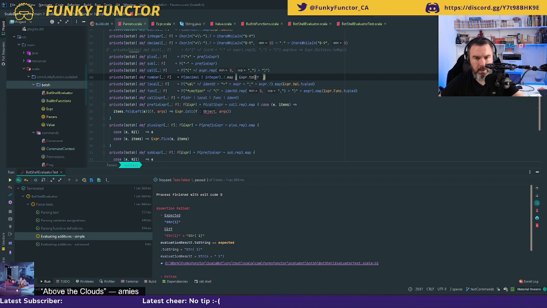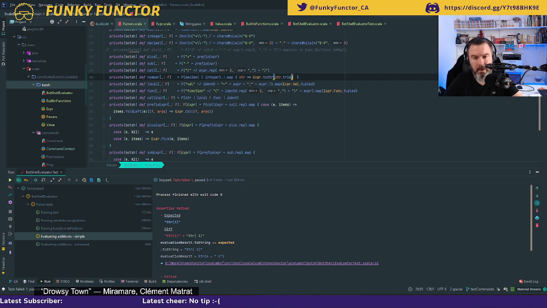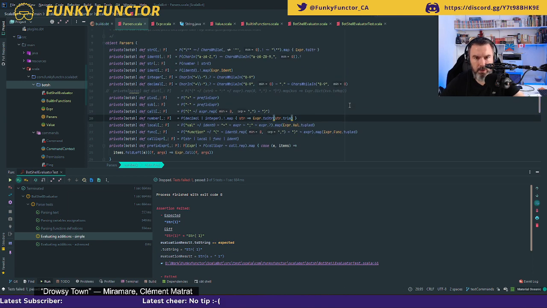And I want to do a map where I take an str and return the expression to string of str.trim instead. So hopefully that should work. Let's try.